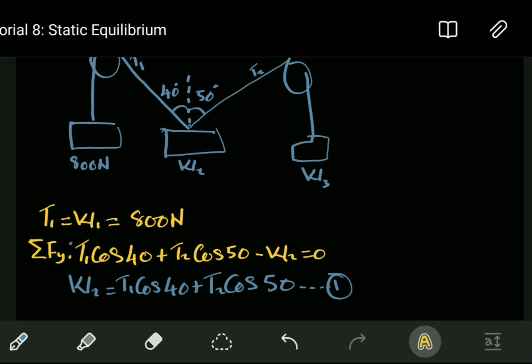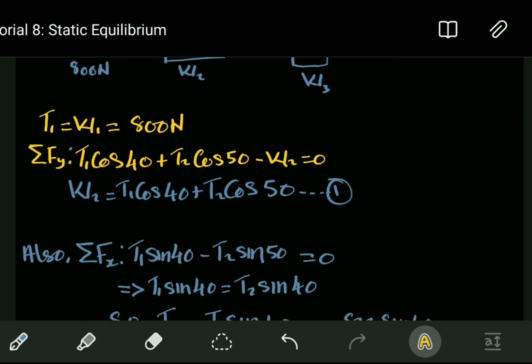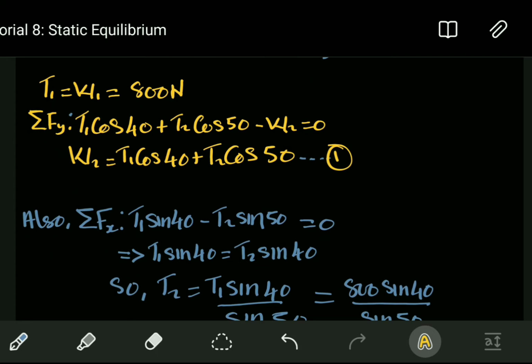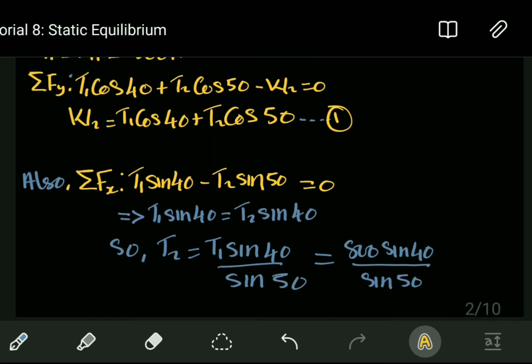So this is the sum of the forces in the y, and we can find an expression for W2 by taking W2 to the other side. We have W2 equals T1 cos 40 plus T2 cos 50. Let this be our equation 1. So we move further. Let's consider the forces in the x. Because the tensions are making an angle with the y, we're going to have the sum of the forces in the x equal to T1 sine 40 minus T2 sine 50 equals 0,